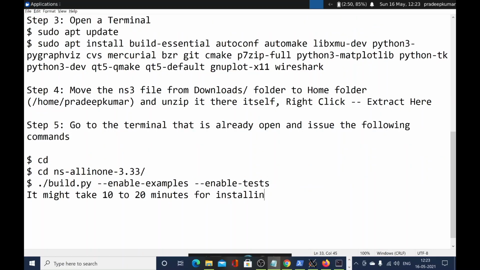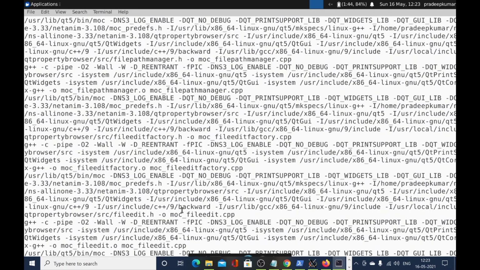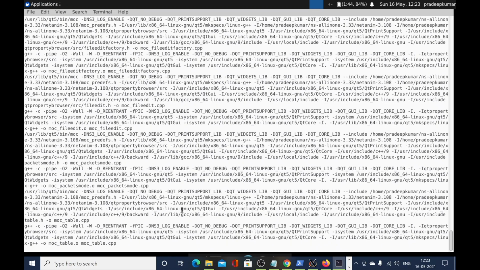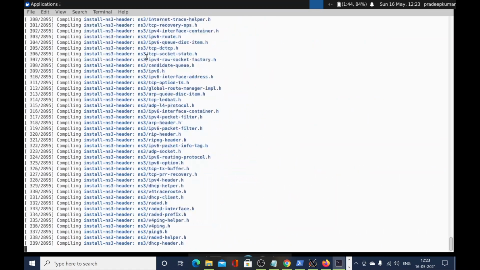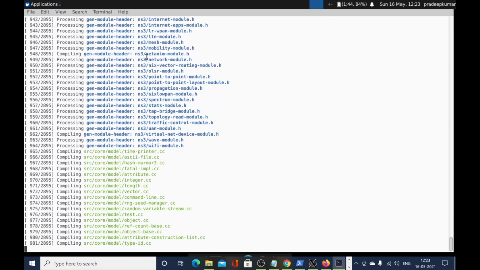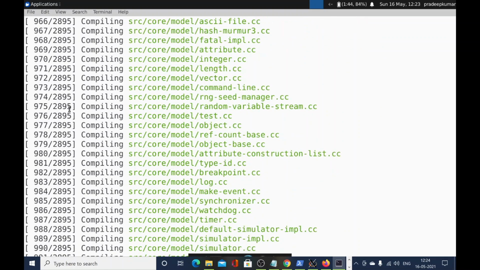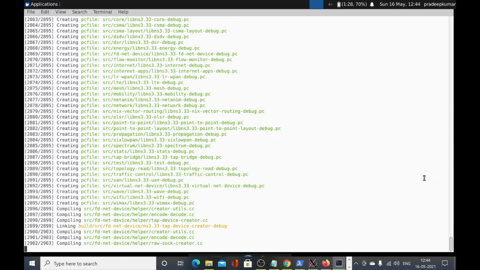Okay, so now the installation is going on. There might be errors. You may encounter some errors during the installation, but luckily in my case I did not encounter any errors, as I used NS 3.33 and the operating system is Ubuntu 20.04. Okay, so here is how the installation goes on. The installation took around 20 minutes for me, though I am using my MacBook Pro. In the MacBook Pro I installed Windows 10 using Boot Camp, and within the Boot Camp I installed this Ubuntu 20.04 through Windows Subsystem for Linux.